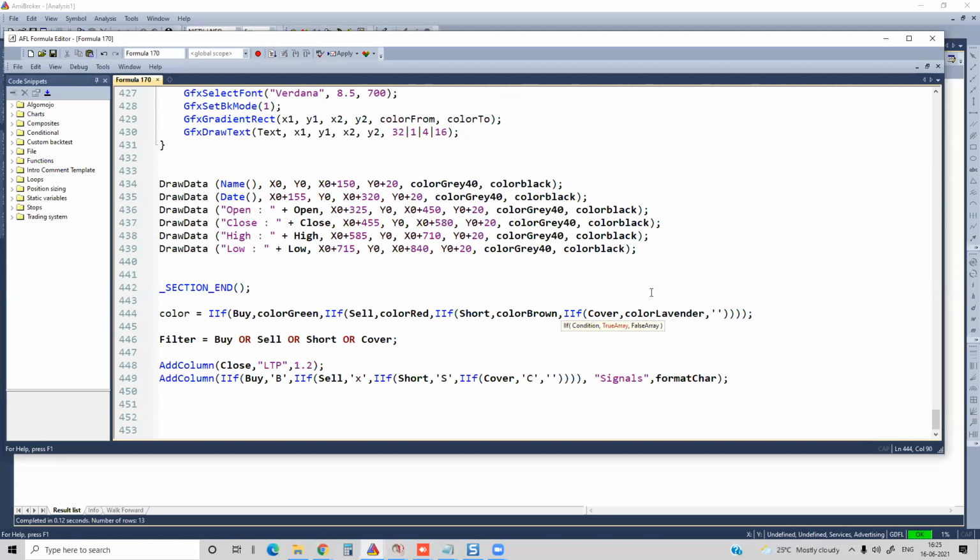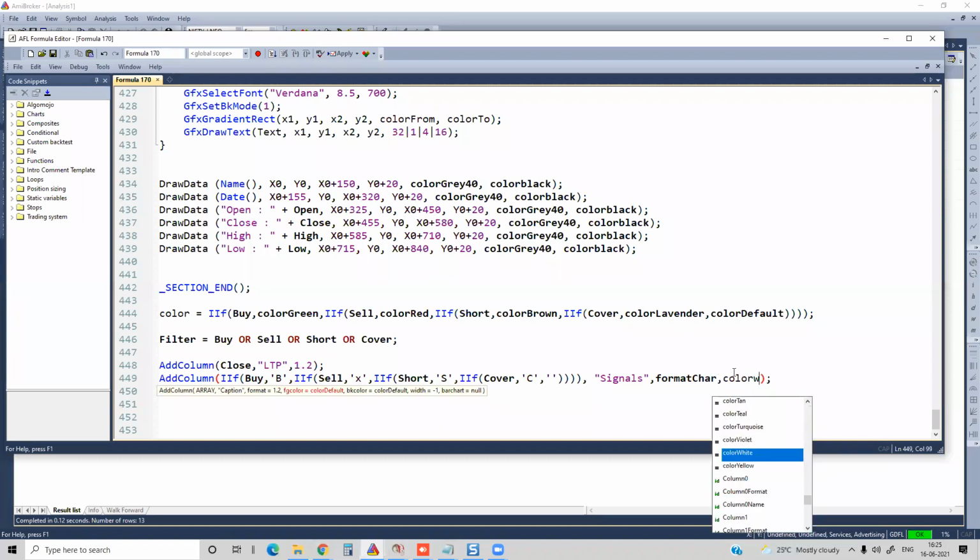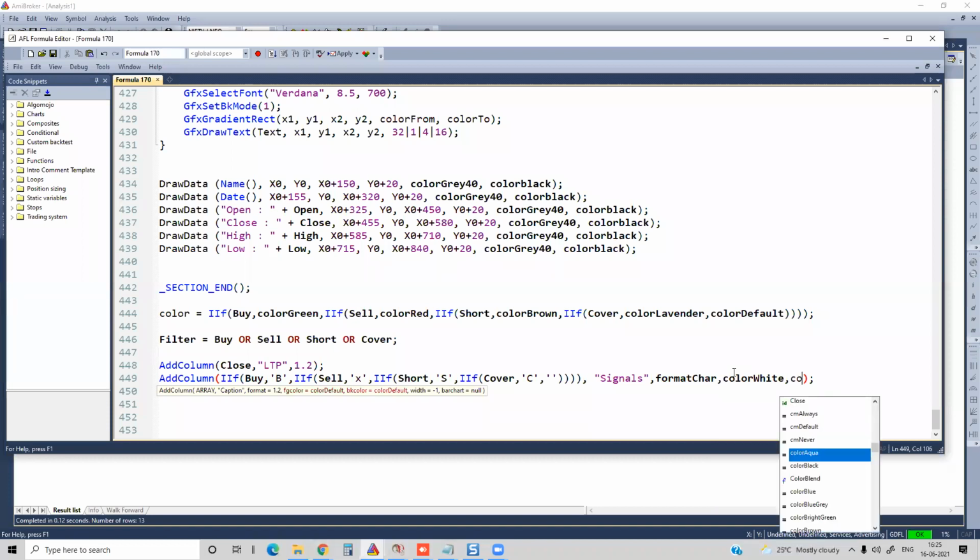Just something a bit different. If nothing is there, I'll say color default. The same color is what I'm going to apply here: color white as the font color, and the dynamic color I'm going to apply to the cell background. I'll save it.